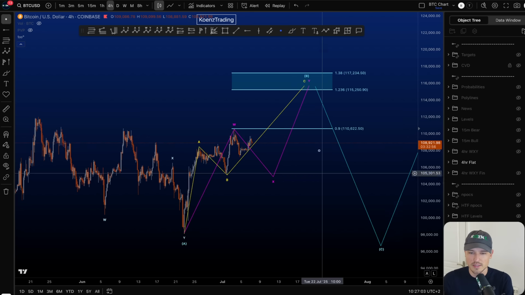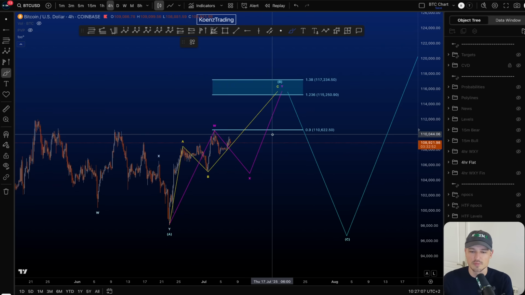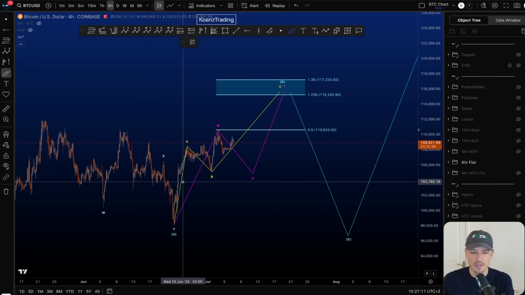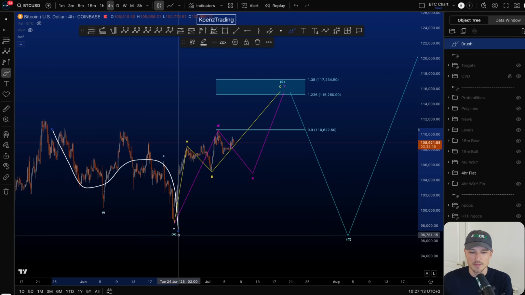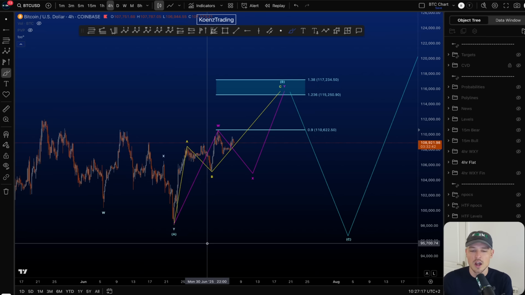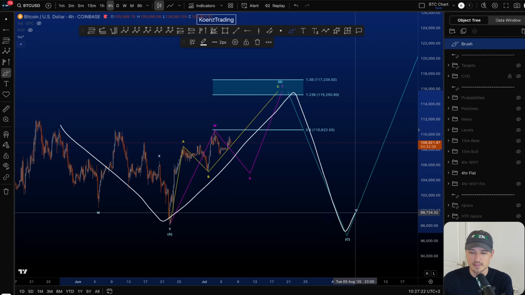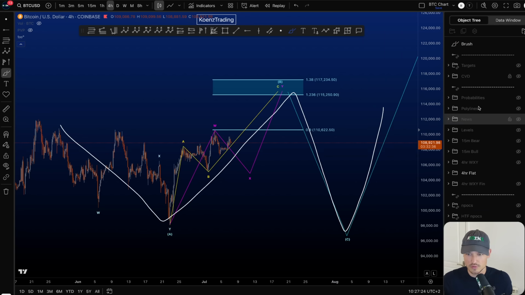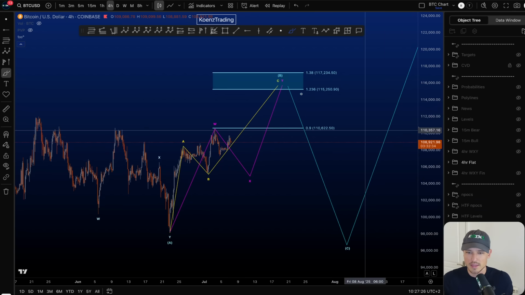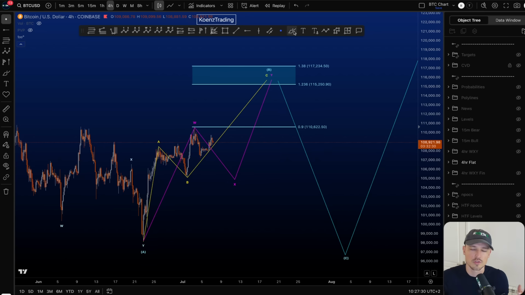Now in the second scenario here, we're looking for a continuation of the range, but here also preferably we first move towards the upside. So here we have the same WXY as in the bullish scenario, but now it's labeled a wave A of a bigger corrective structure in a flat A, B, C, and after C it continues towards the upside. Inside wave B, we are looking for a 3-wave structure, most commonly a zigzag or a double zigzag